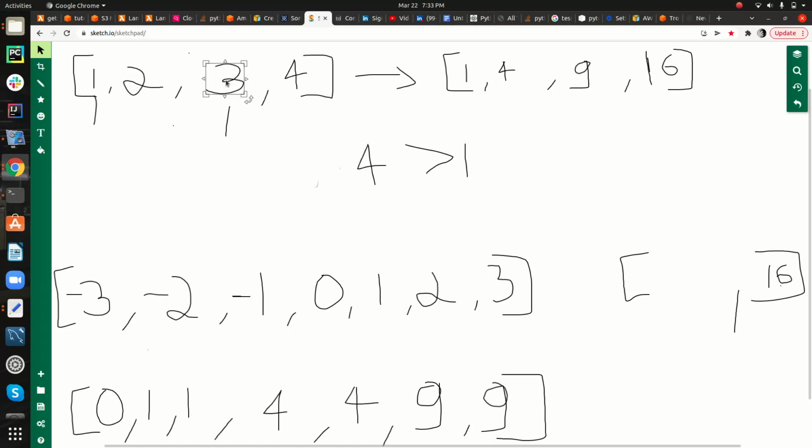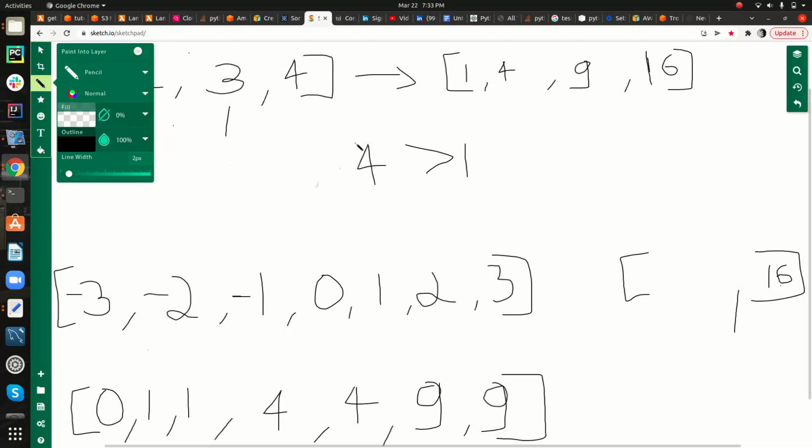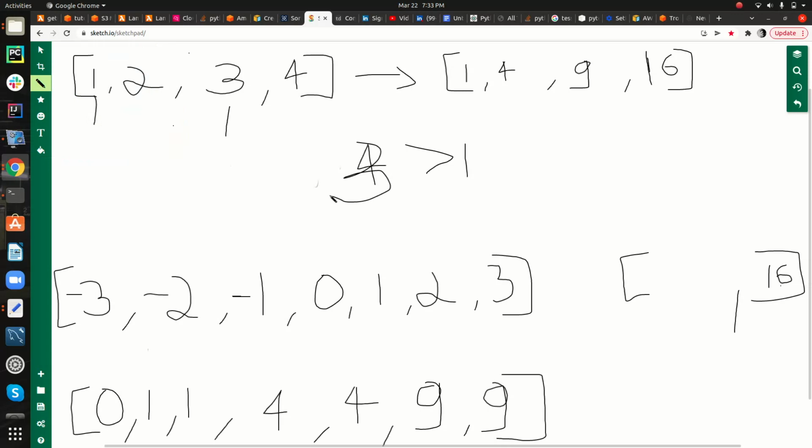Is 3 greater than 1? No. So again we do the same thing. We add the right pointer element over here, which is 9. So we add it to 9. We add it to this place because the pointer is pointing to this one. And then what we do is we decrease the right pointer